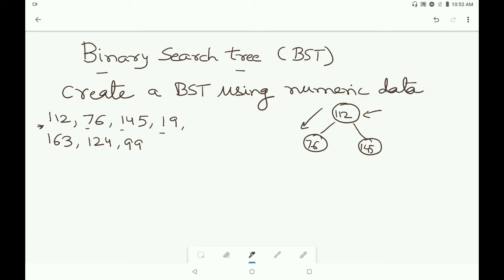Here you are getting another subnode, that is the 76. So we will compare this 19 with 76. Again this 19 is less than the 76, so it will go to the left hand side of the 76, like this.